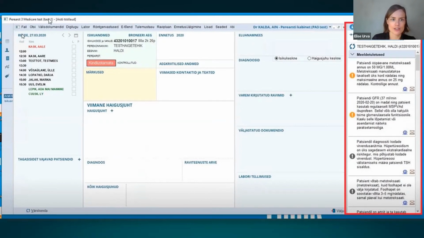And the patient-specific reminder in Estonian is displayed on the right side, which is marked with the red box. And over 800 GPs and 1,600 nurses are using it every day. And over 130,000 requests are sent to the clinical decision support system every day.